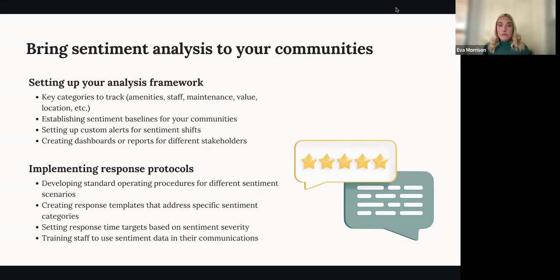And again, starting some training to get our staff really comfortable with this data, the key categories, how we're tracking these things, and how to use that in their communication. So at every stage of the funnel, when they're engaging with prospects and renters, how can they use this sentiment data to make that even more effective, and make sure we're responding to people in a really human way that addresses the concerns they might have? We see a huge impact on the business that way.